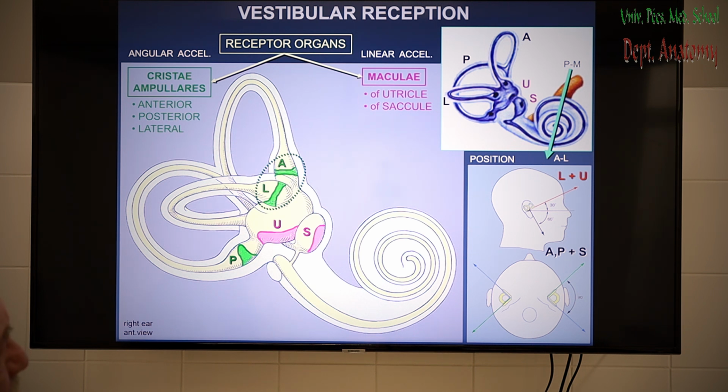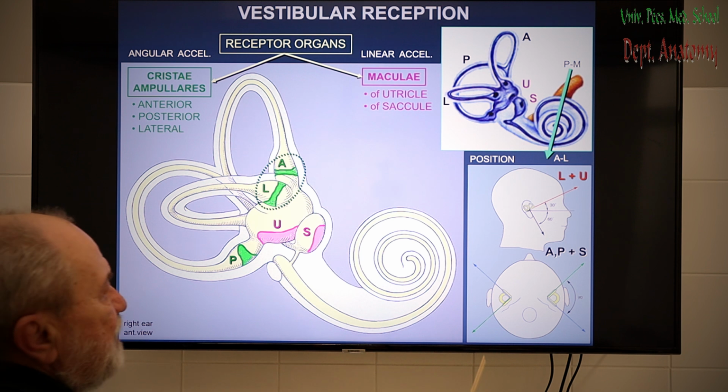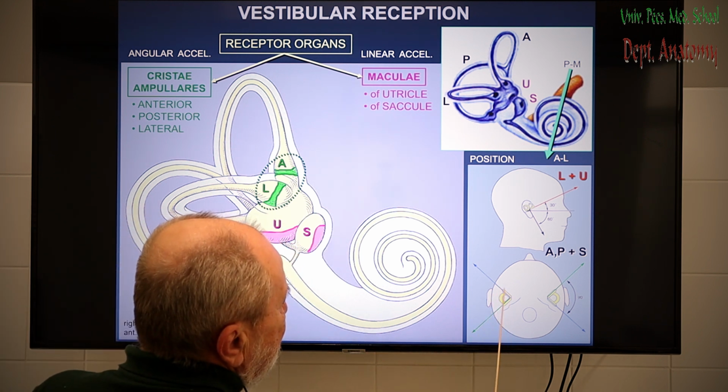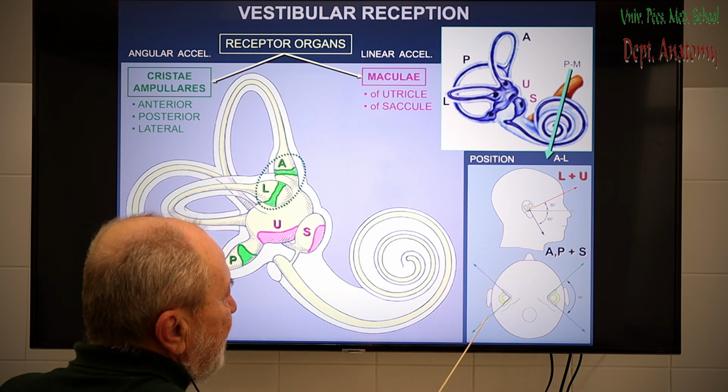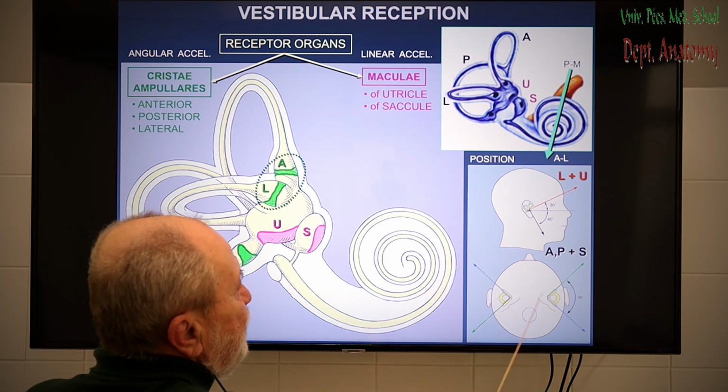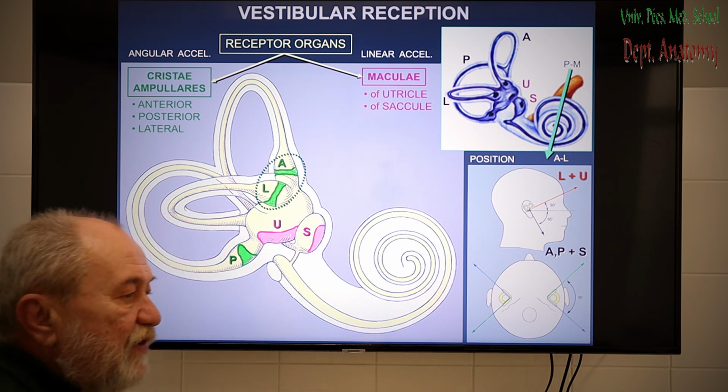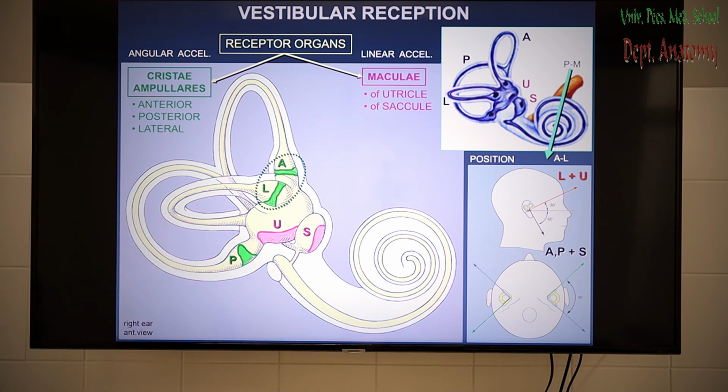Two of them are vertically oriented. One is the anterior, being perpendicular to the axis of the pyramid. The other is the posterior, being parallel with the axis of the pyramid. And the third one, the lateral, fits into more or less the horizontal plane. One thing is to be